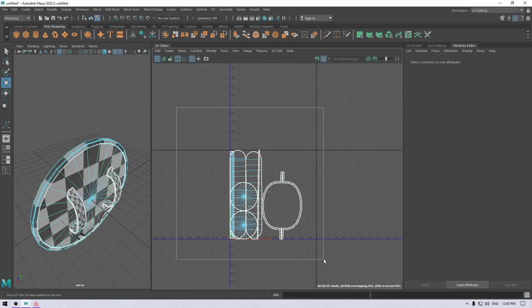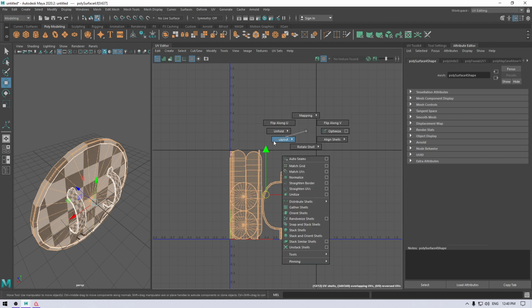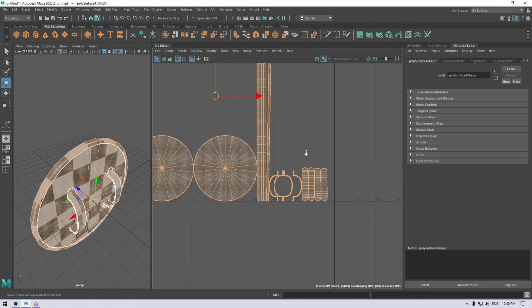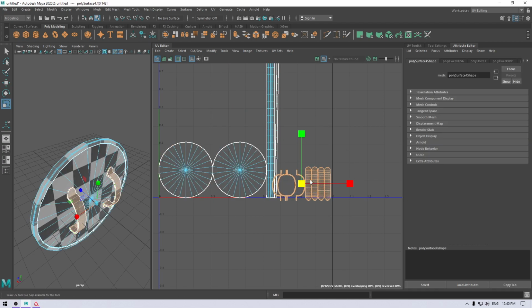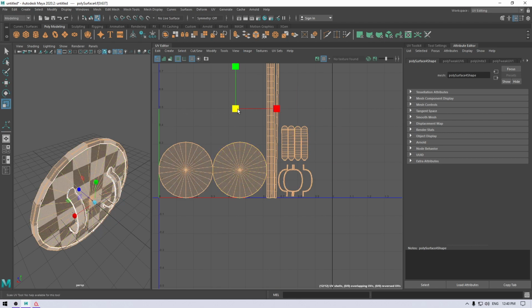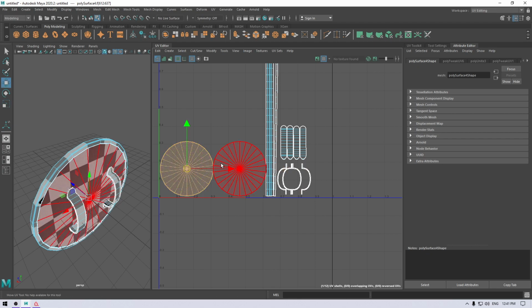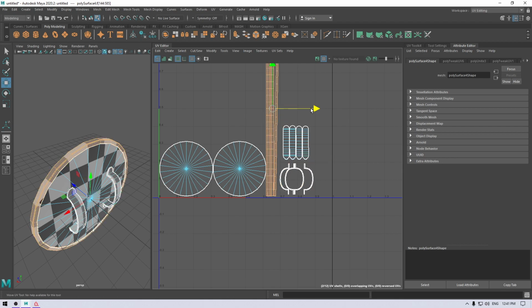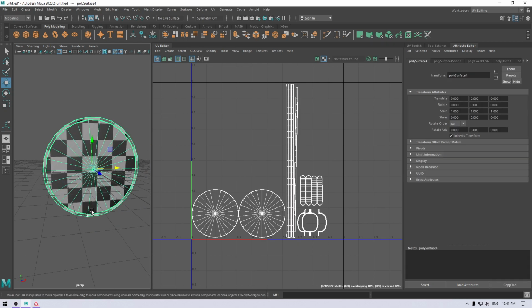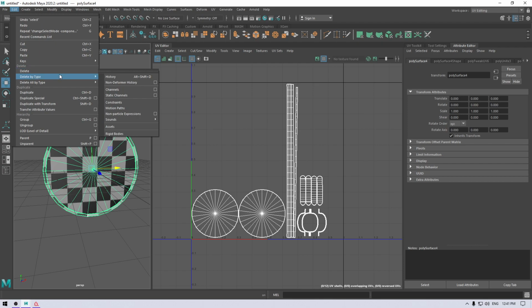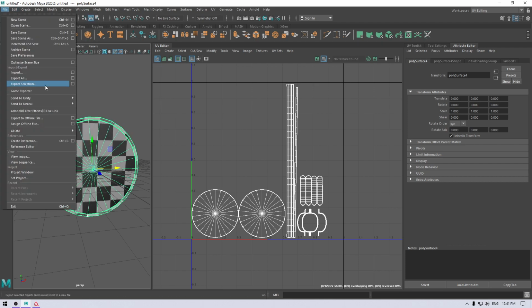Now go to the UV editor, select all shells and layout. Now select this object, go to edit, delete by type, history and export it to Texture it in Substance Painter.